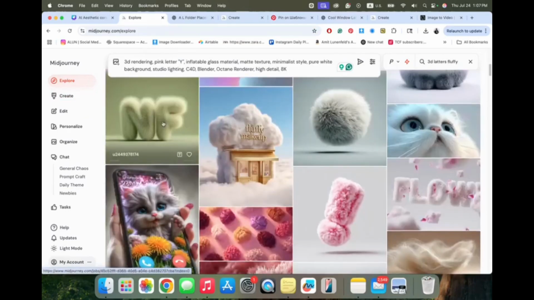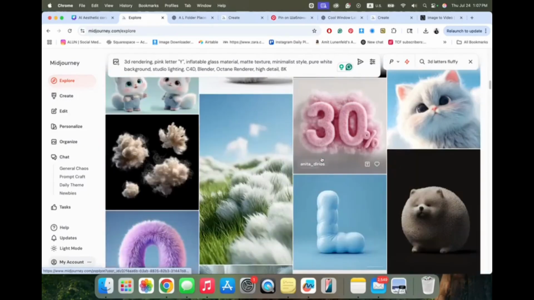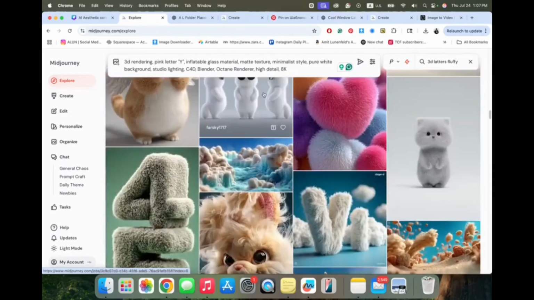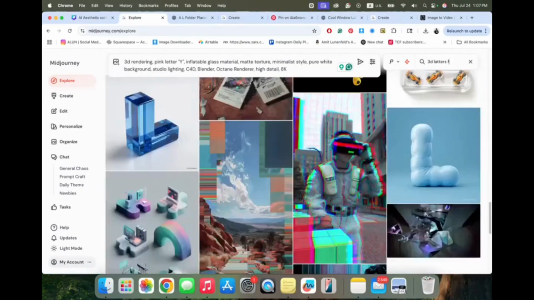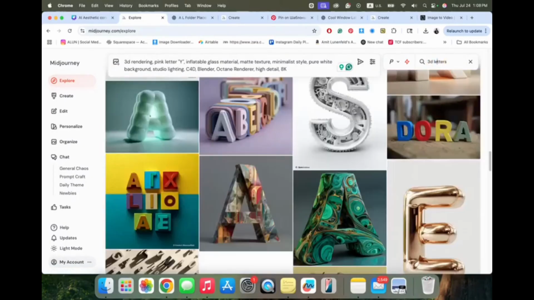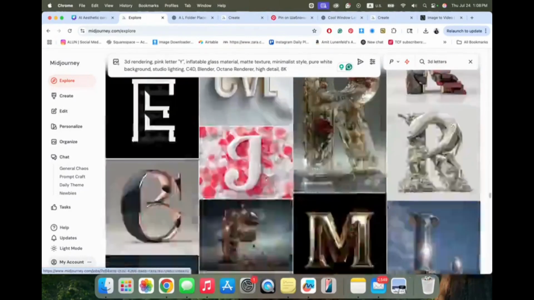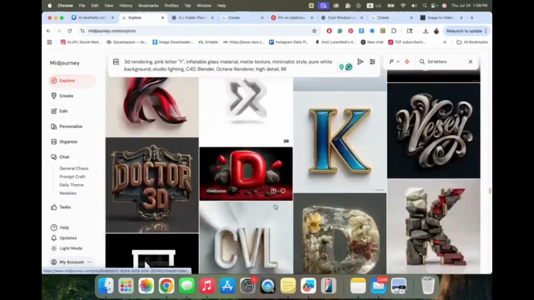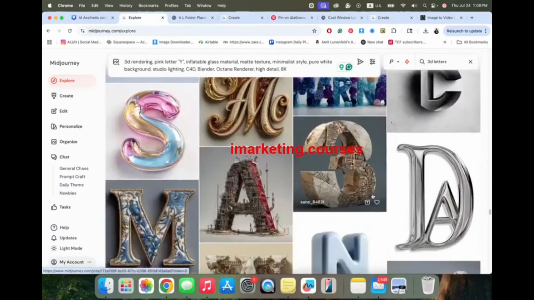So you can see this is a cute one. This. If you have a sale going on, you can promote it with this. You can create a lot of really cute ideas. Let's go back to the 3D letters so I can show you. Oh, I misspelled it. It's cute here. Look at these balloons, this see-through F with all the objects in it. Yeah, it's about exploring, looking for ideas.